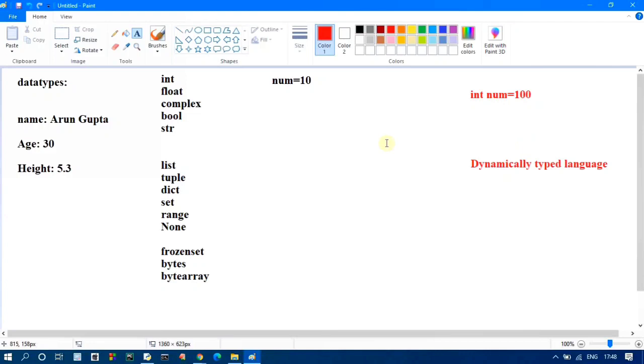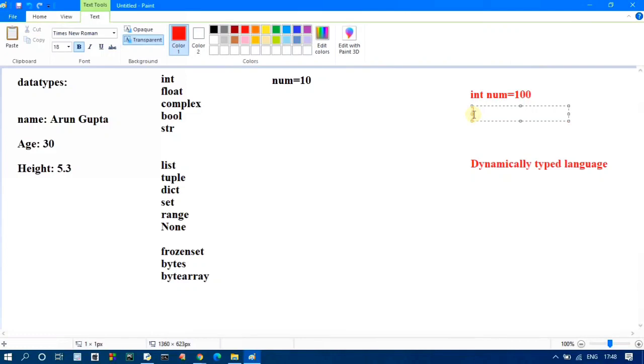One thing is more different from other languages in Python. In other languages you declare a variable int num, and later on you assign some other value, like Arun.